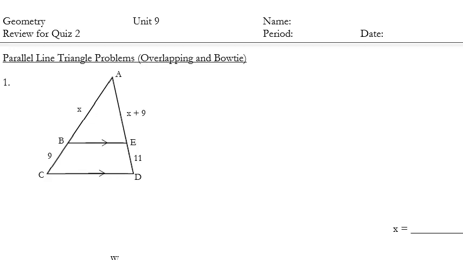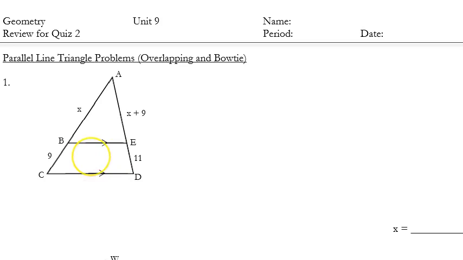Alright, on the second quiz there will be a few different types of parallel line or overlapping triangle or bow tie type triangle problems. This first video is going to go over 3 examples. There will be a follow-up video that will go over a couple of different types of problems for you to be ready for. First, in number 1, you have these parallel lines which are indicating that your triangles ABE and